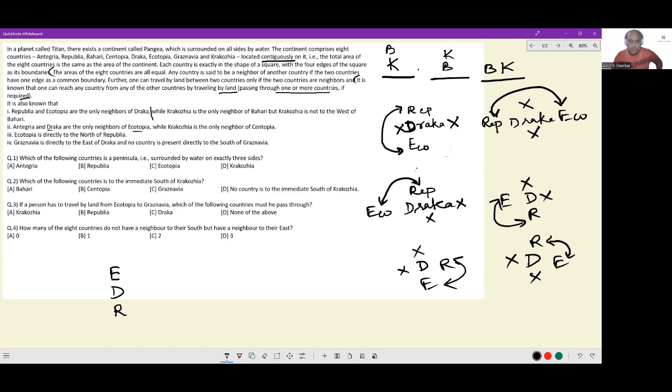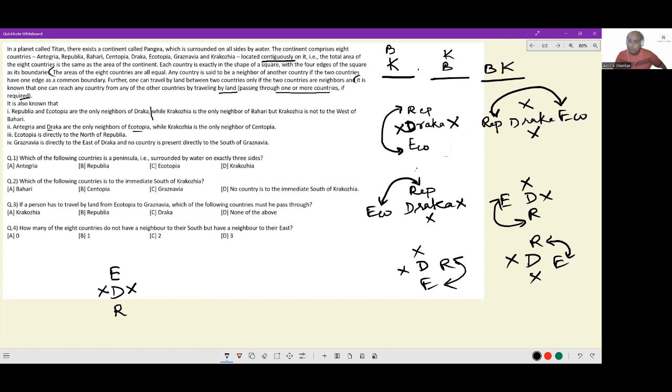Additionally, because we know these are the only two neighbors that Draka can have, these two spots are empty. Okay. Next is